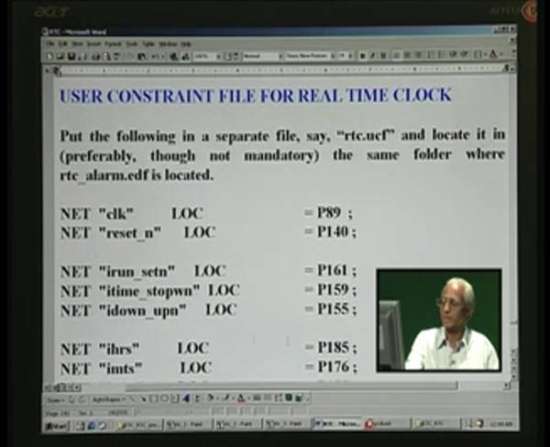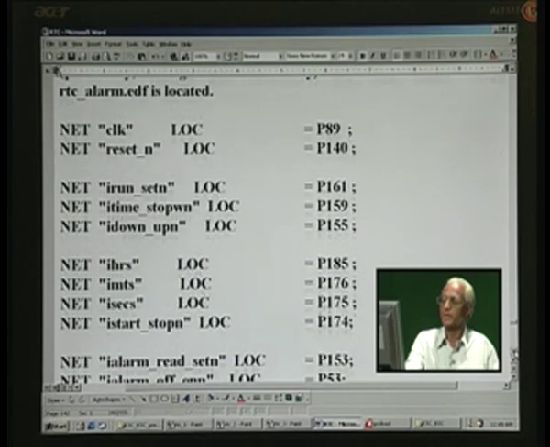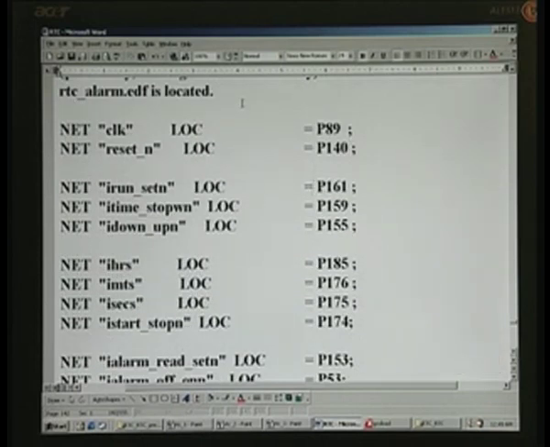From here onwards you will have to put in this rtc.ucf file. This UCF file is required in Xilinx place and route when you wish to get the bit stream. Bit stream will be in a .bit file by the same name rtc_alarm, which is the design. And net location is what you use for different signals. For example, for clock you declare it as a net here and then assign the pin here. So, for example, clock is assigned pin 89 in the XCV 800 device, which we have used on the board,